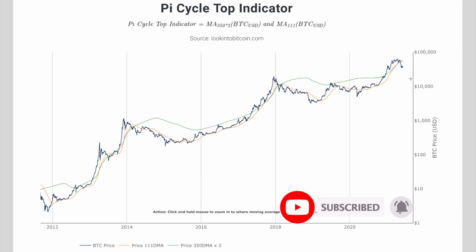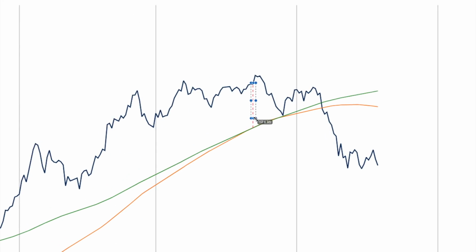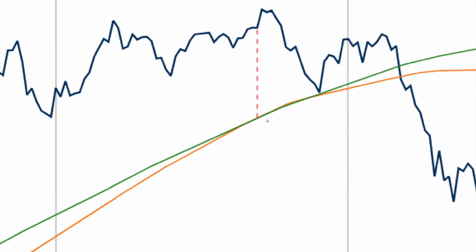Let's dive right in. So the Pi Cycle Top Indicator is an interesting one, and we've been talking about this a few months back. What we need to notice here is that at the time we were only at the 60k region, somewhere around this point, right? So since then, a week after that video, we reached the 65k region, which the Pi Cycle Top has suggested to us within a time frame of 3 days that was the top of the market cycle. And you can see here that the orange moving average, the 111-day moving average, actually